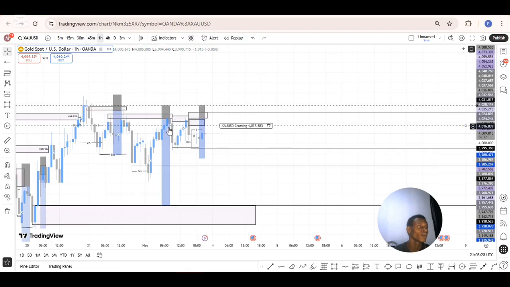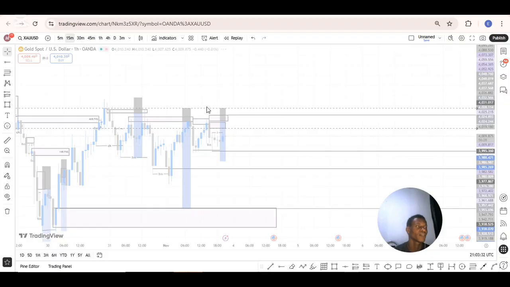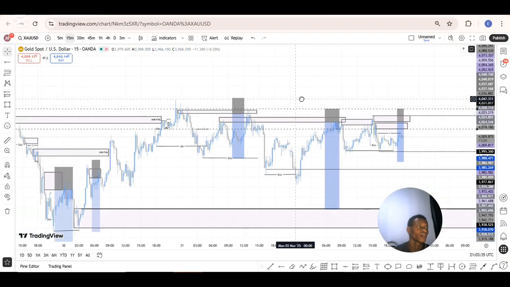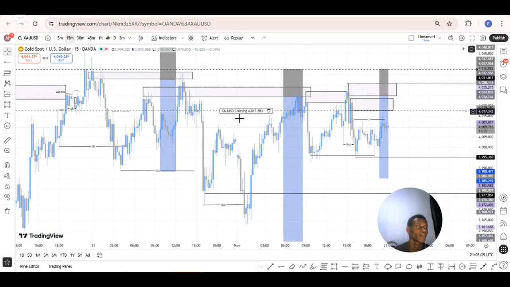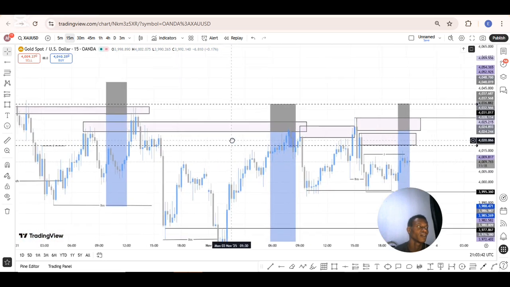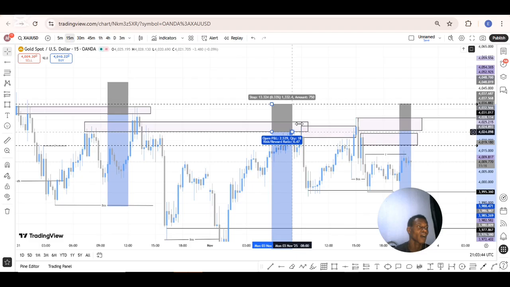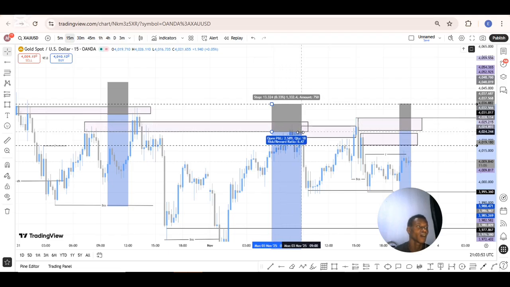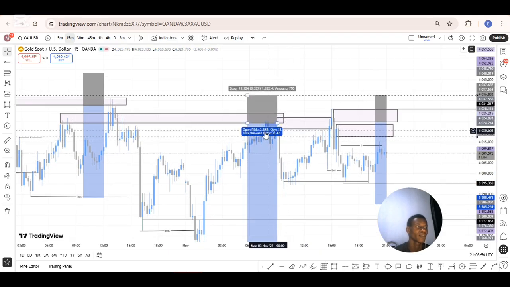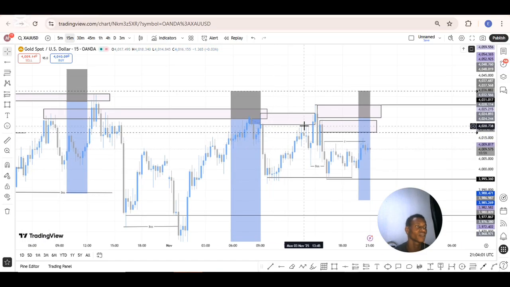So what happened was that I placed this buy position right here. That was on the 15-minute time frame. If you look right here on the 15-minute time frame, this was my first entry. Price came and tapped me in, but if you look right here, market did not go to any higher drawdown. It just went up a little and started dropping massively.